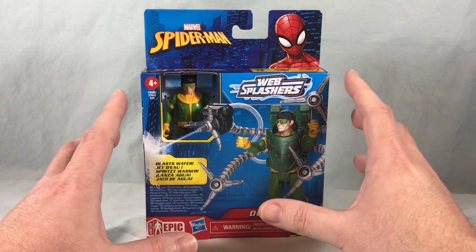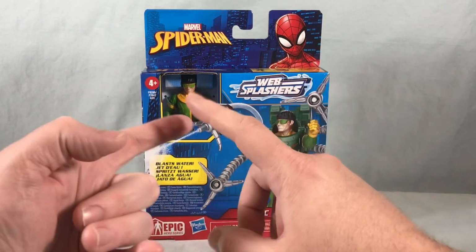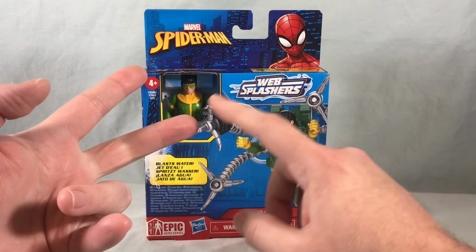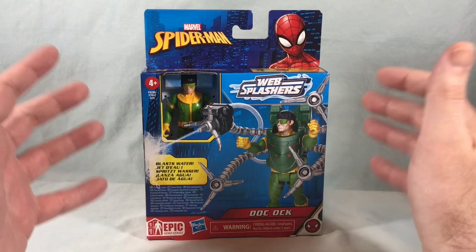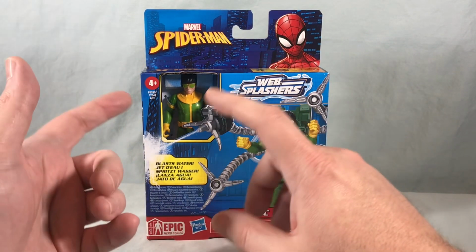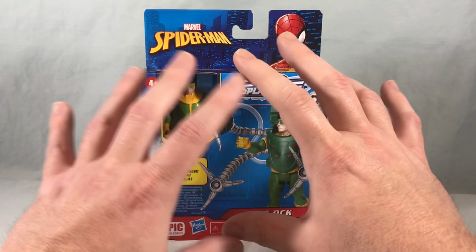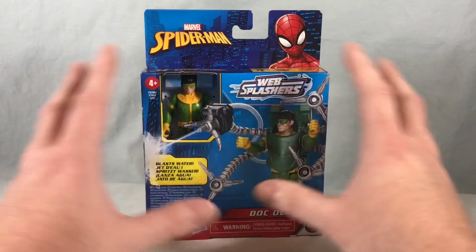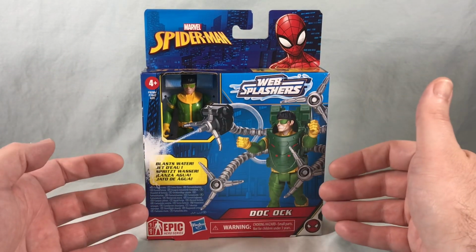I'm here for display purposes, so I'm not here to have any kind of weird gimmick that one, takes away from the basic functionality of the toy, or two, makes some kind of mess. So I decided to grab just this one. Now, Web Splashers is kind of a whole subline they're doing. There's various different versions of Spider-Man. I think there's a Miles one as well. It's not something that I'm totally interested in, but I wanted to at least grab Doc Ock because